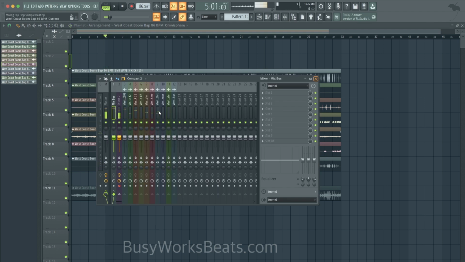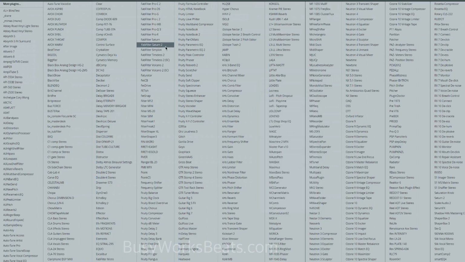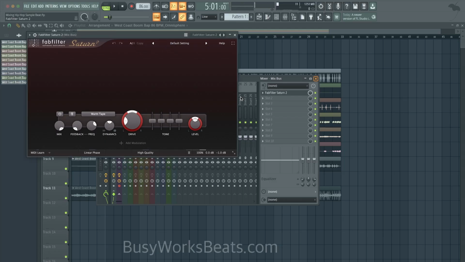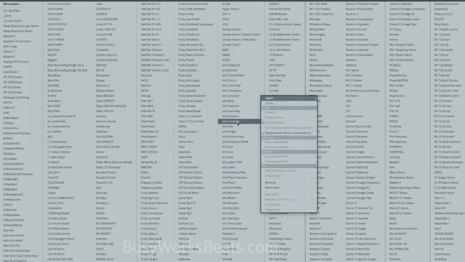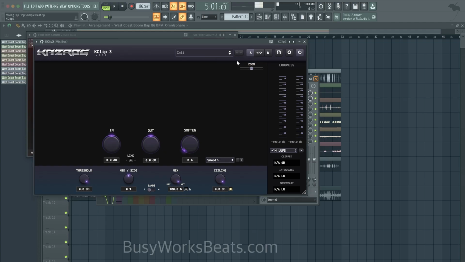So let's start with the mix bus, and then we'll go to the problem areas. So this is almost top-down mixing in a way. So first thing I'm going to do is add a saturator. The point of the saturator, and actually before the saturator, let's go to the K-Clip tool. You could use any clipper tool you like: Fruity Soft Clipper, Standard Clip, T-Rex, Classic Clipper. This is K-Clip by Kazrog. And let's pull down the threshold.